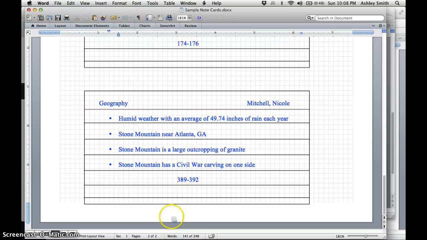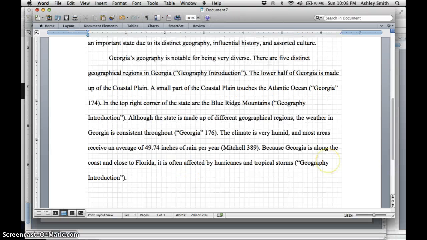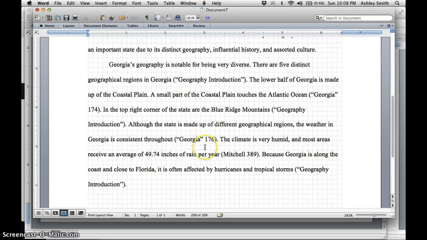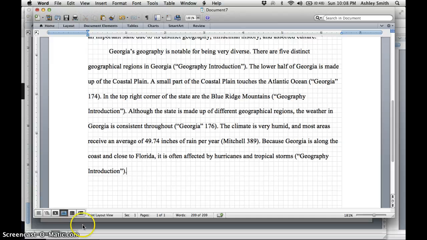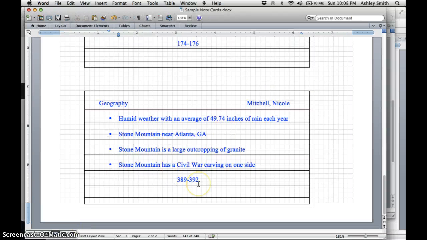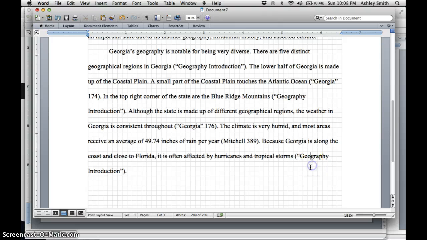So another thing that I wanted to point out is sometimes you have to decide to leave information out. This paragraph is already pretty long. So I need to decide if all of this information is relevant to my paragraph, and I think that the fact that it's near Atlanta, Georgia probably isn't important enough to put in the paragraph, so I'm just going to leave that out. So I want to mention that Stone Mountain is a large outcropping of granite and that it has a Civil War carving on it. So back in my document,